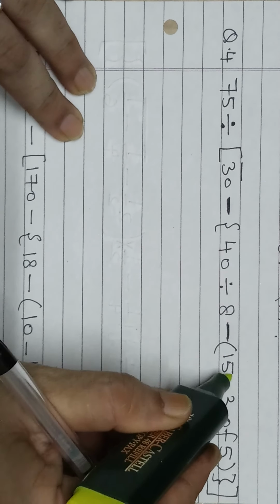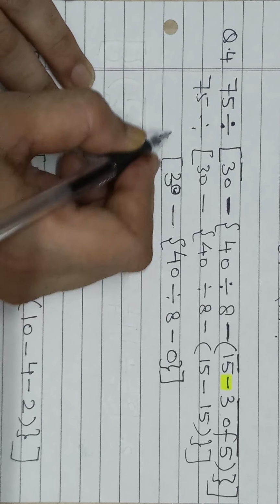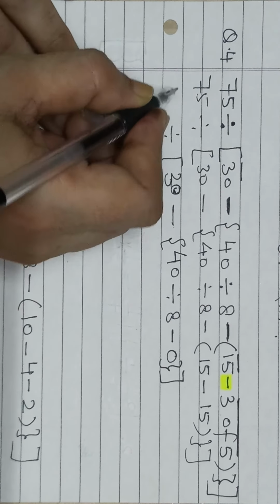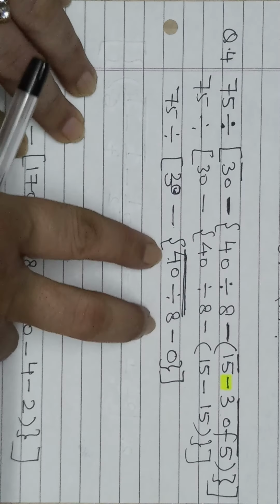Divided by 75. Now we got the answer for this is 0. So we have 40 divided by 8 minus 0, and curly bracket. Okay, this bracket is solved. We have curly bracket here, and then we have 30. Now 40, we all know, if we look at the curly bracket, we have this part and we have